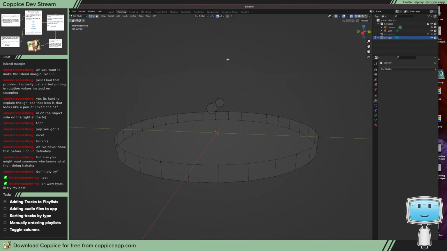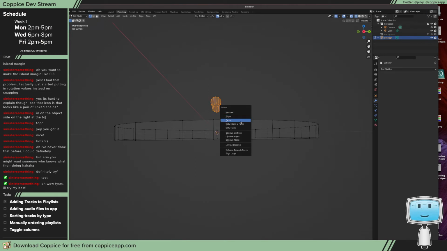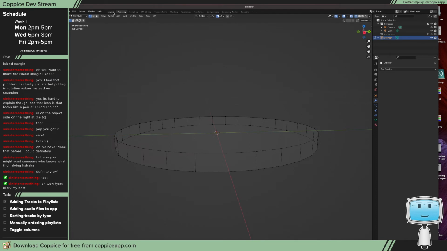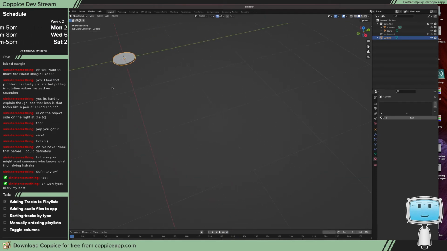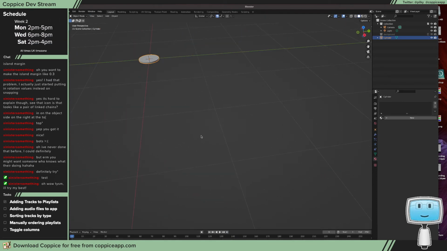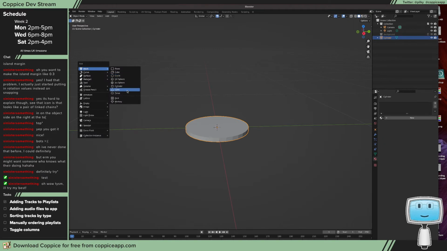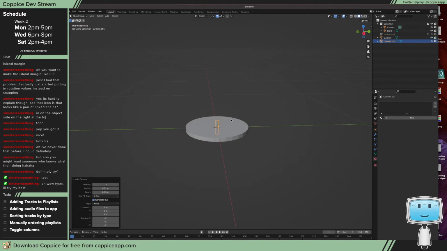You know what? Do that. All that. Let's do it as a bunch of separate objects because we can then merge them later into a single mesh. So we're going to add our cylinder again. That is good. We want to